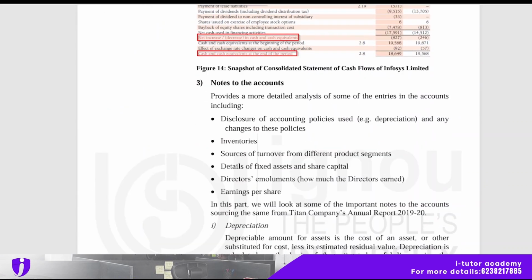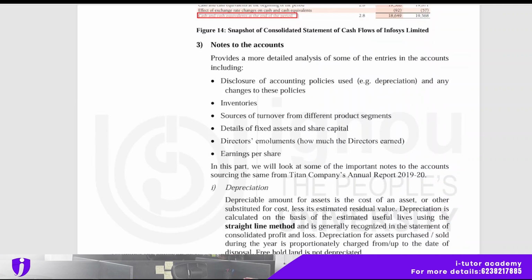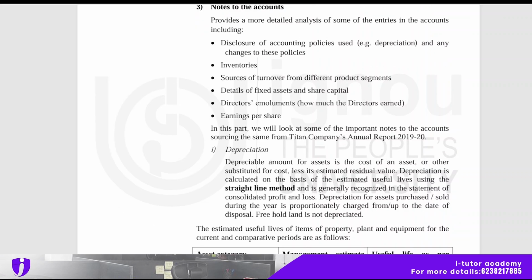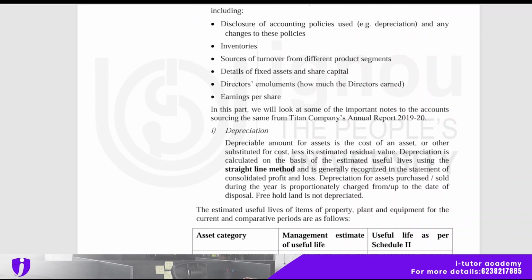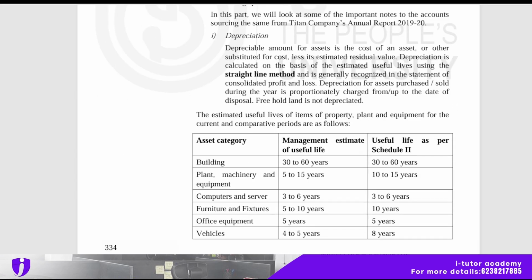Notes to the accounts provide a more detailed analysis of some of the entries in the accounts, including disclosure of accounting policies used, depreciation, and any changes to these policies. Inventories, sources of turnover from different product segments, details of fixed assets and share capital, directors' involvement, and earning per share. Depreciation. Depreciable amount for an asset is the cost of an asset or other substitute for cost less its estimated